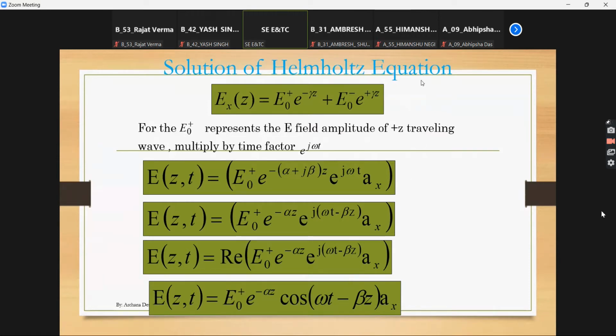ये आपको शायद पता है ना. As I was talking, e raised to j theta, e raised to j omega t is equal to cos omega t plus j sin omega t. So I am considering only the real part. Okay, that is cos. इसलिए ये जो j omega t है ना, ये एक पार्ट,